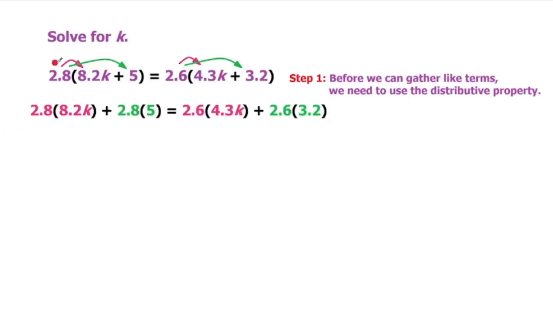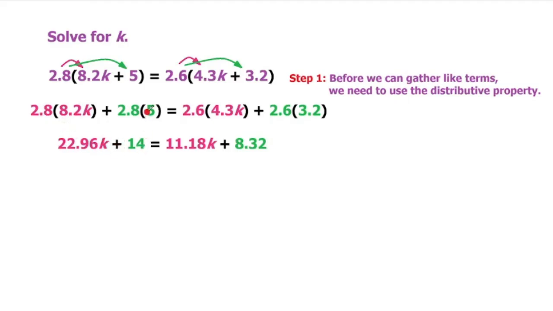So we have 2.8 times 8.2k plus 2.8 times 5. And on this side we have 2.6 times 4.3k plus 2.6 times 3.2. Okay? So now we can just do the multiplication. You could just use your calculator and multiply this out, and it gives you